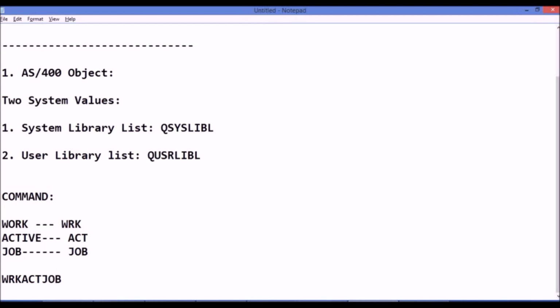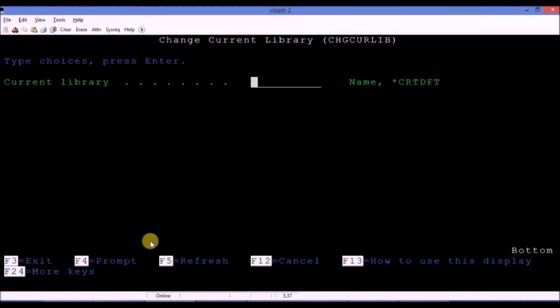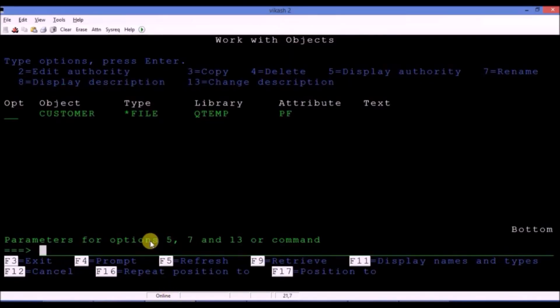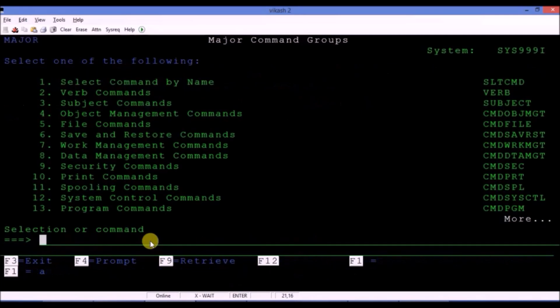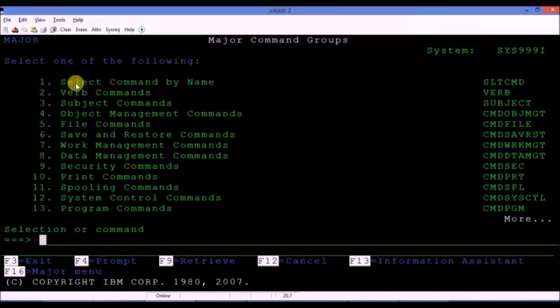Let's have a look at how you can track all the system related commands. What are the major commands in the system, and in case you forget a particular command, then you can search it out this way.